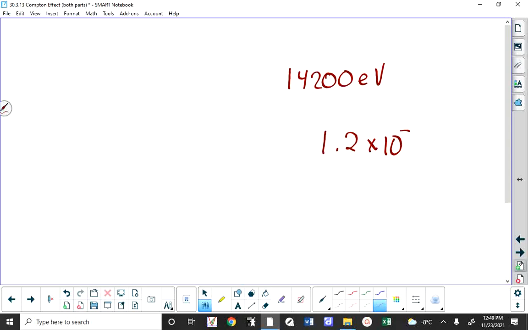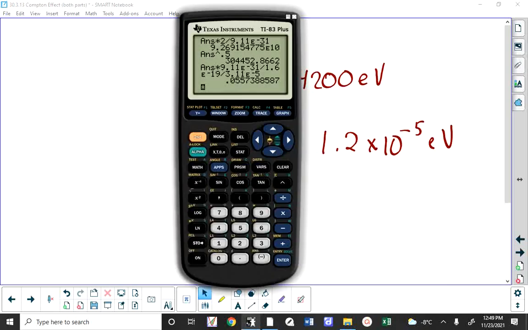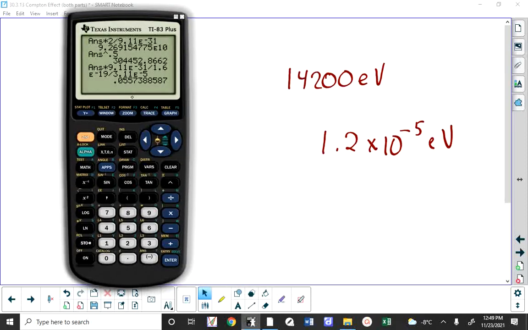I'm just going to say -5 eV. What if we had a radio wave photon? If you take 14,200 and you subtract that number, your calculator is basically going to say 14,200. I mean, it will say 14,199.9999, and it starts to lose the meaning. By the way, I don't know if that's a radio wave photon, and it's going to bother me unless I check it out. If we had that energy,